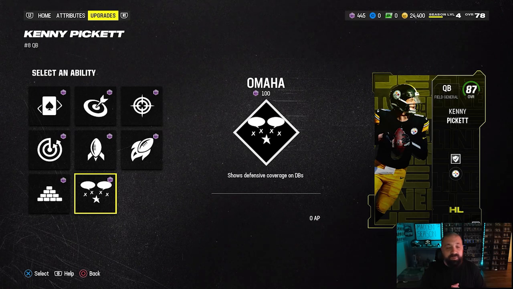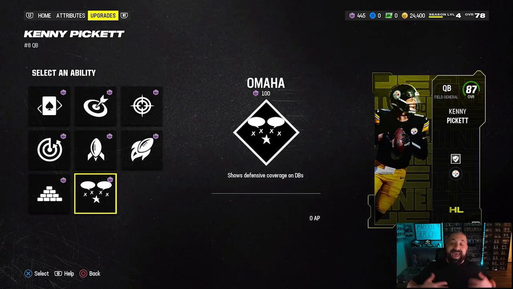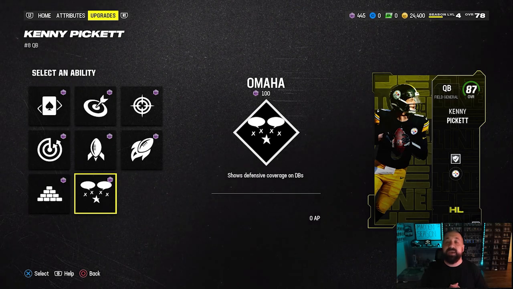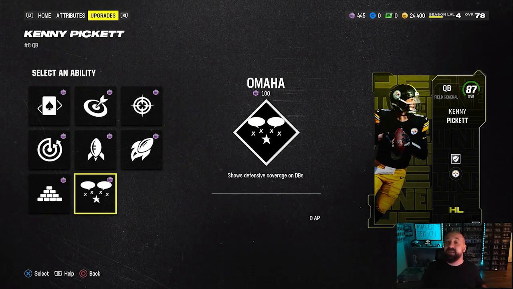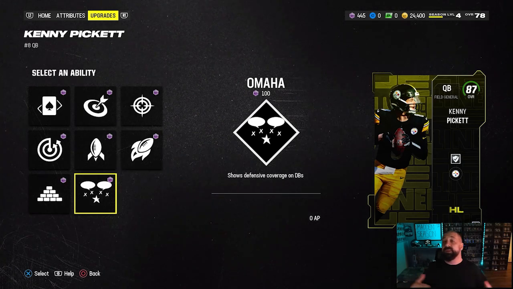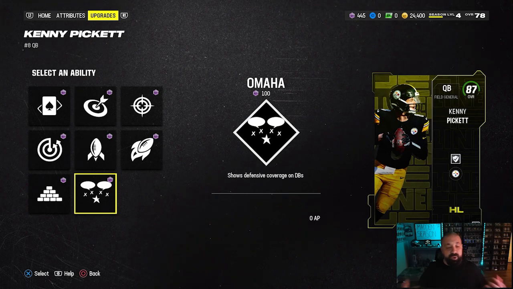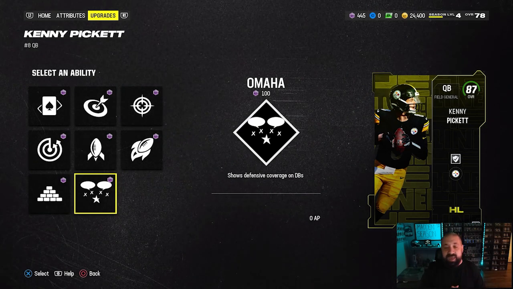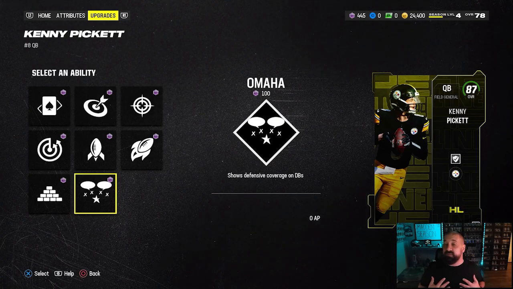Well, here's the kicker with X factors. These only activate after certain criteria is met in-game. Another caveat of this is that you can only have 3 X factors on offense and 3 on defense. Now, everybody builds their team a little bit differently, so it's up to you on which players you want to activate, but for the most part, a quarterback is pretty much always activated, and for me personally, Omaha is one of my favorite X factors